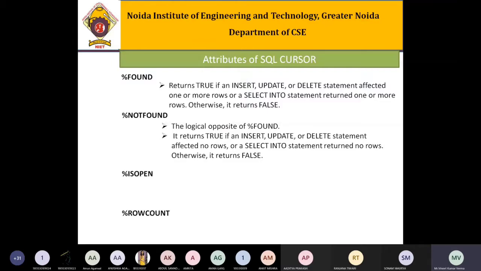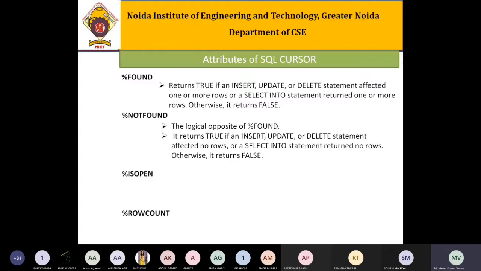But in the case of the implicit cursor, because the programmer has no control, it is always false. What will it be? False. It always returns false for an implicit cursor because Oracle closes the SQL cursor automatically after executing its associated SQL statement, right?